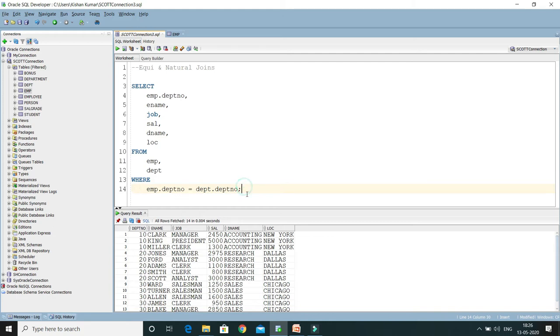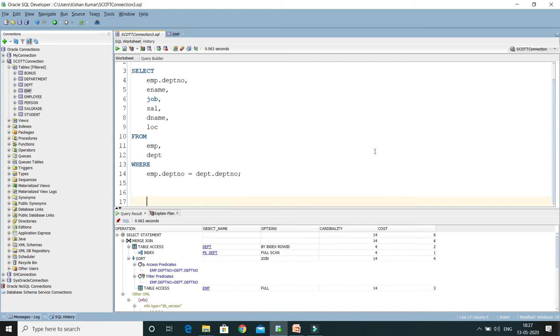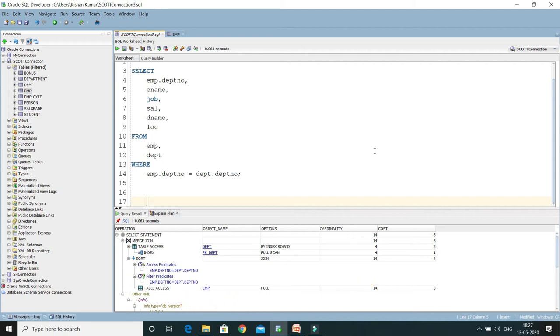Now let's move ahead and see what basically a natural join is, right? First of all, let's understand the concept. Now let's understand the natural join. When the join is based on all the common columns having the same name in different tables, it is called a natural join. In case of natural join, you don't have to give an explicit join condition, and you don't have to qualify the common column names with their table names, as you did in the EQ join.